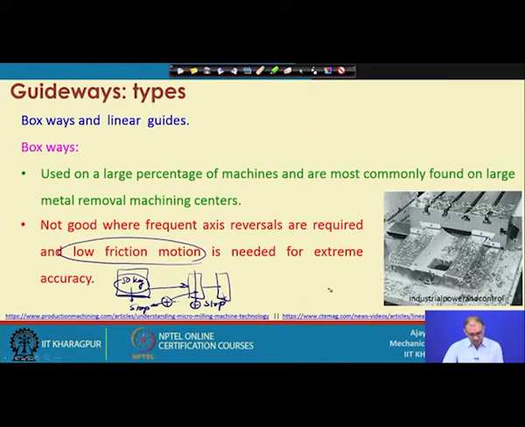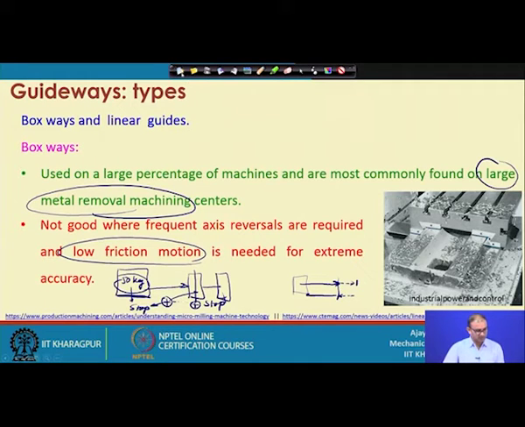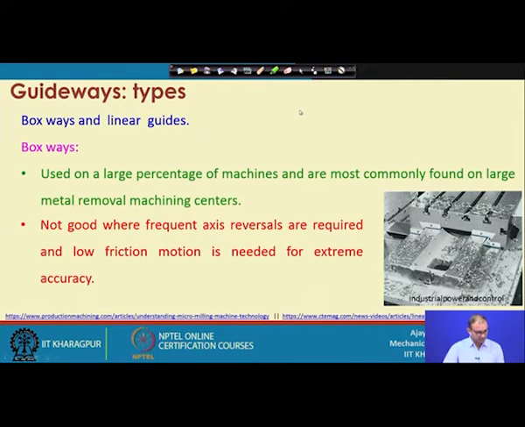And the other thing is that we do not remove a large amount of material in micromachining, and this guideway is particularly for a high material removal rate. So, we cannot use this particular guideway or the box ways for micromachining operation. When you want to move the axis from the starting point here to this location, and instantly you want to move in this direction, that is not happening, because it will move a little bit at this location and then you have to start this motion, because of the high weight of the component. So, that is not the right choice for micromachining applications.